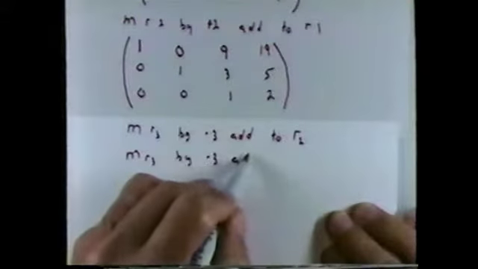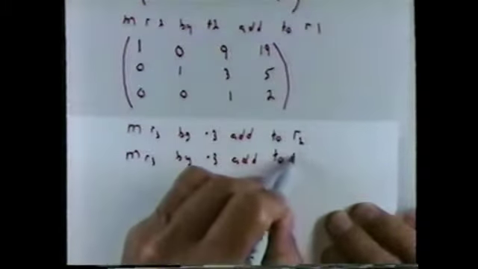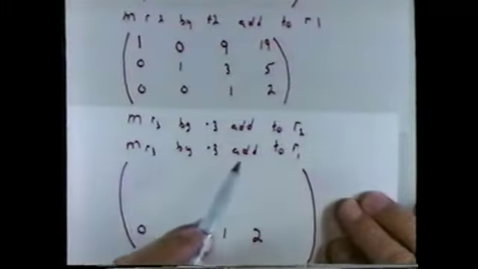Then I can multiply row 3 by -3 and add to row 1. So I'm going to do them both at the same time. So row 3 is 0, 0, 1, and 2. Now I'm going to multiply row 3 by -3, add to row 2. Then I multiply row 3 by -9 and add to row 1. But first of all,